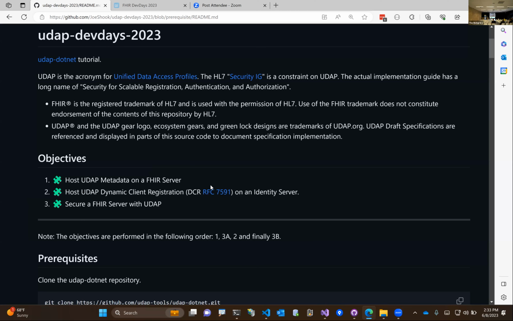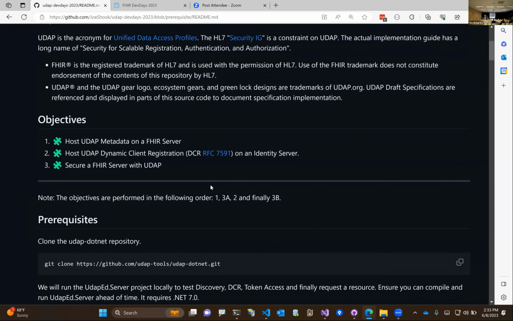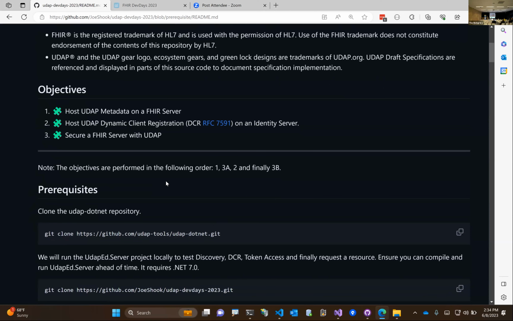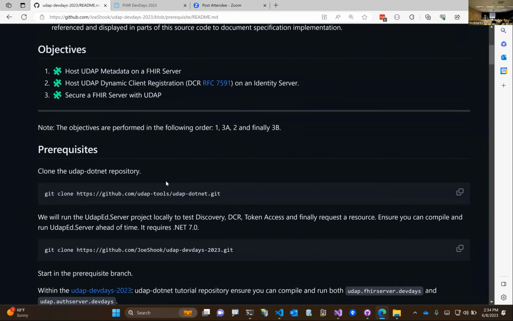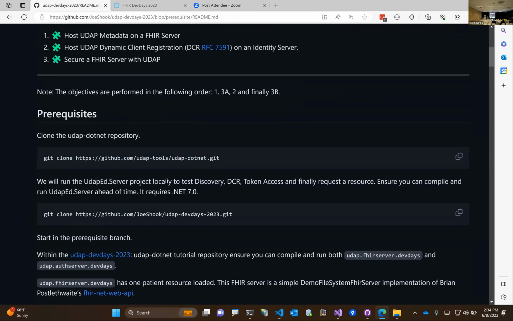So has anybody looked at this and done any of the prerequisites? It wasn't labeled a build-it talk when it probably should have been, but this is here and it will live on. If you go in here and experiment with this, feel free to put in PRs or issues, and we can make this better. I imagine I would do this talk again in the future, and it would probably look a little different. So for the prerequisites,